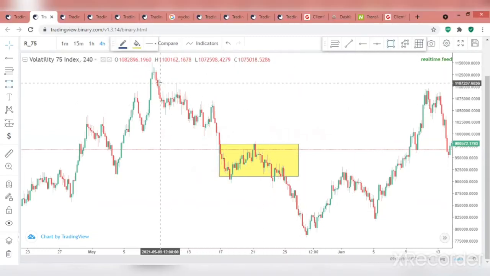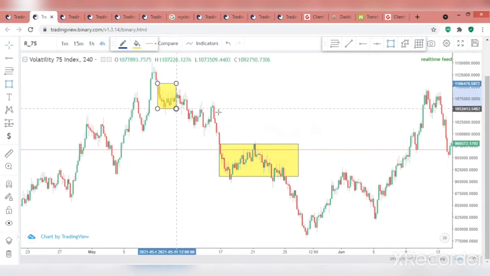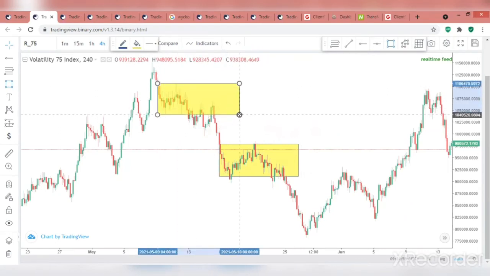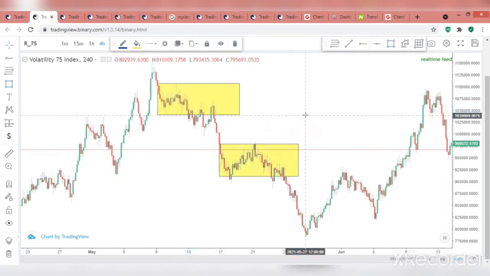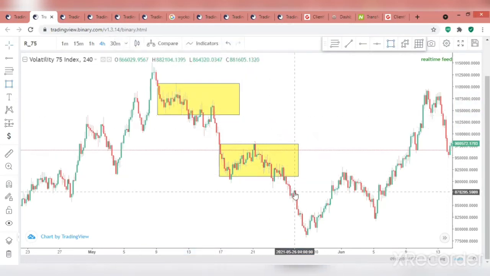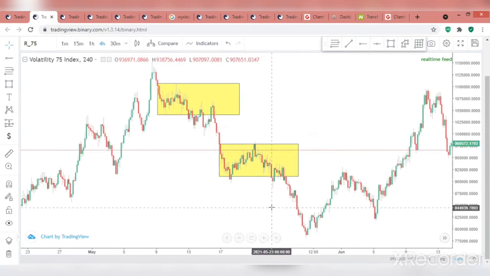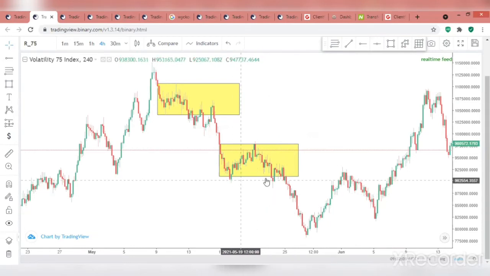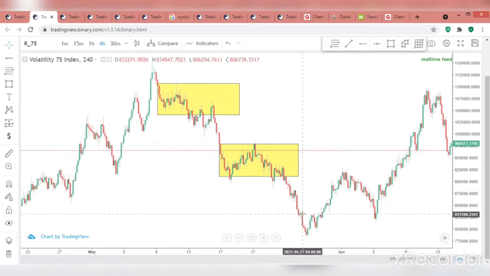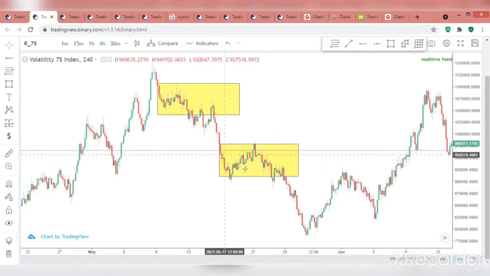This is in the case of a sell. I just showed you a continuation of a buy. I'm showing you that of a sell now. In this case, this is even a very good example. You have more than one supply zone. This is a supply zone. You have your rally base. You have your drop base,